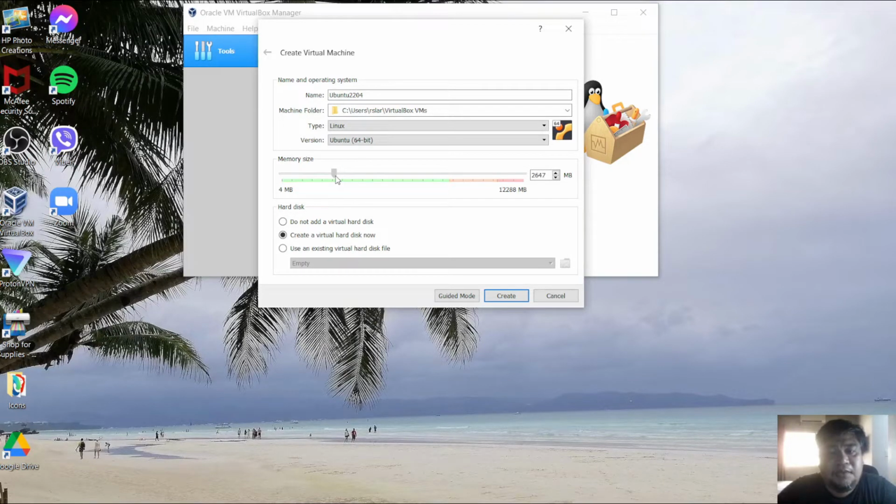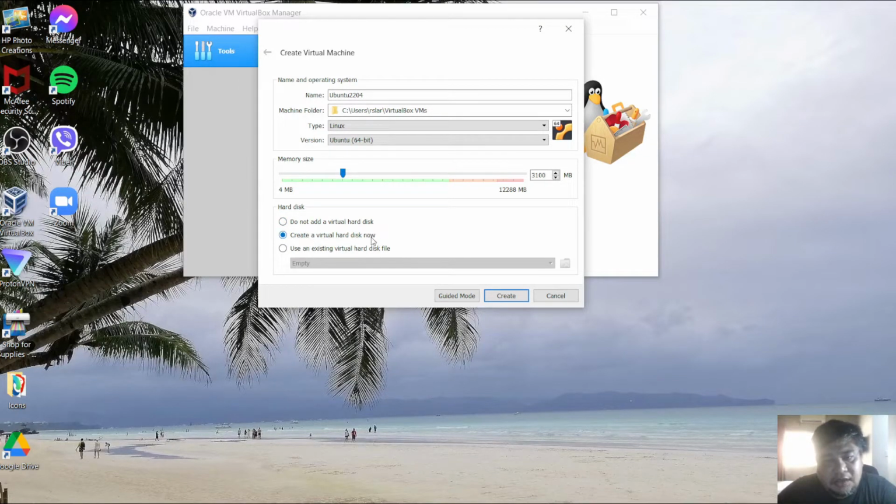No, that's around 3 gig of memory. Okay, so around 3 gig of memory for this virtual machine, and then